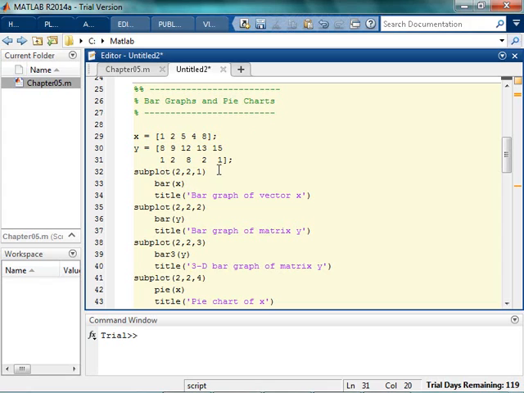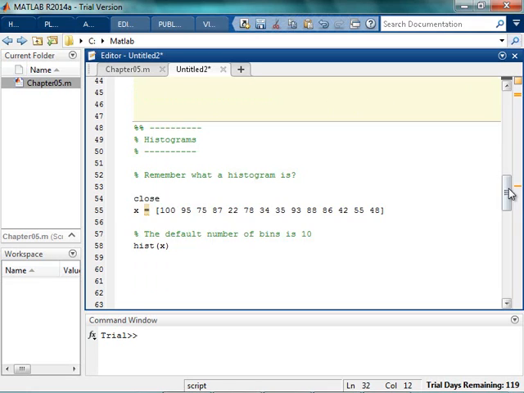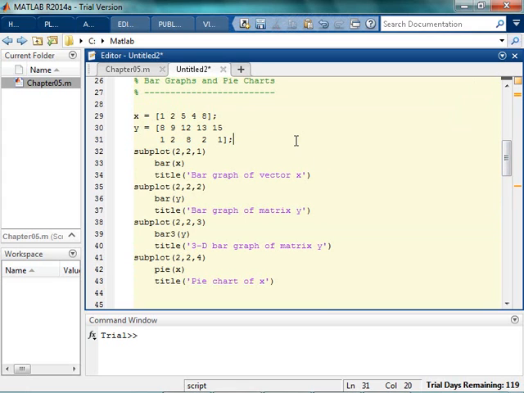So I'm using the subplot so that you can see the different ways subplot works, and you can see all these different options at the same time. I've just got some random data that I threw in here. Subplot 2, 2 means it's going to be a 2 by 2 of subplots. I'm going to plot in the first part, then the second part of the first row, then the second row, and then the next part of the second row. Because remember, it fills in the plots by rows, just like you would fill in a matrix by rows.